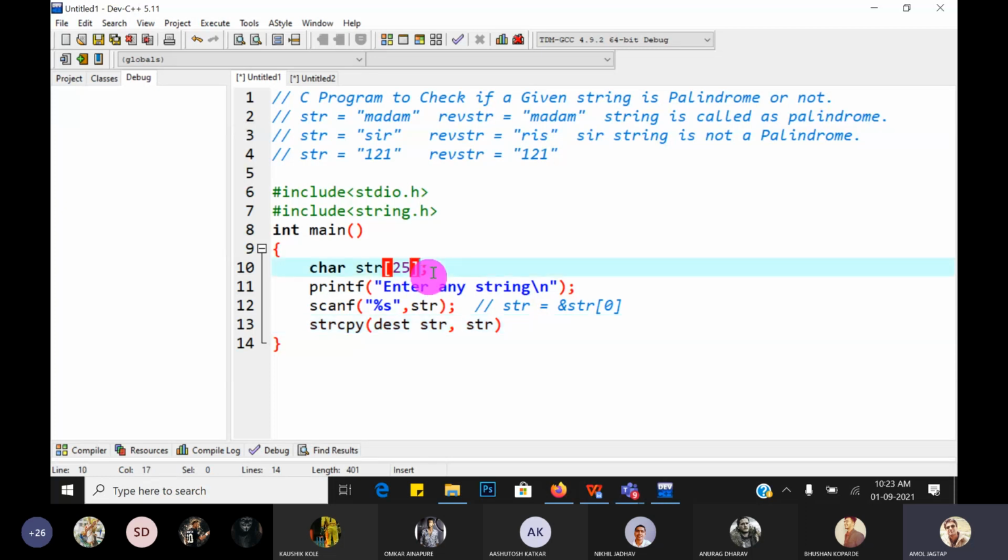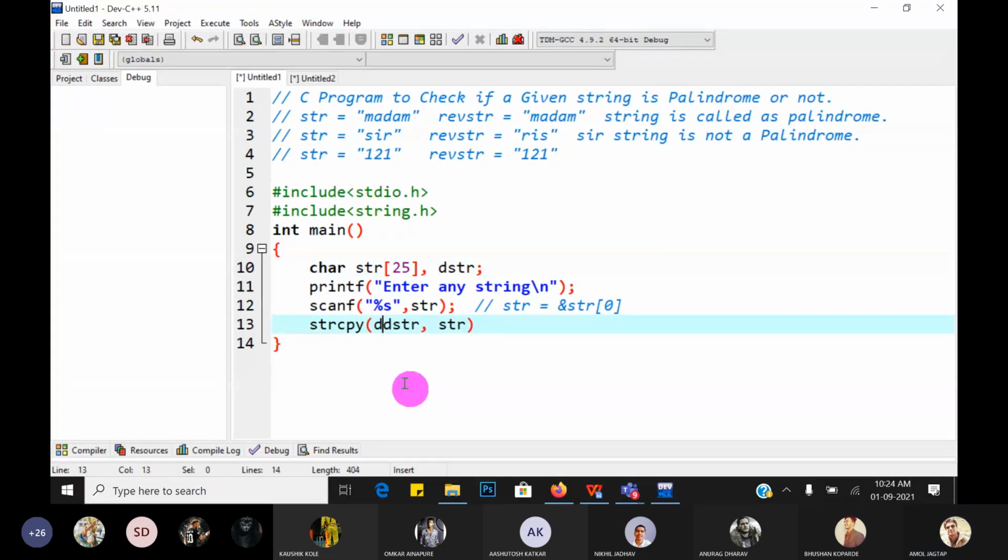We have not created it, so create it. I give the name dstr, destination string. This is also a character array, so write the size here, 25, the size of that destination string array.